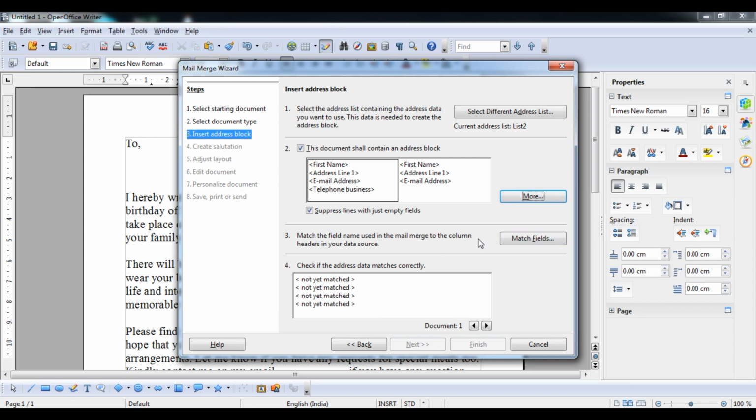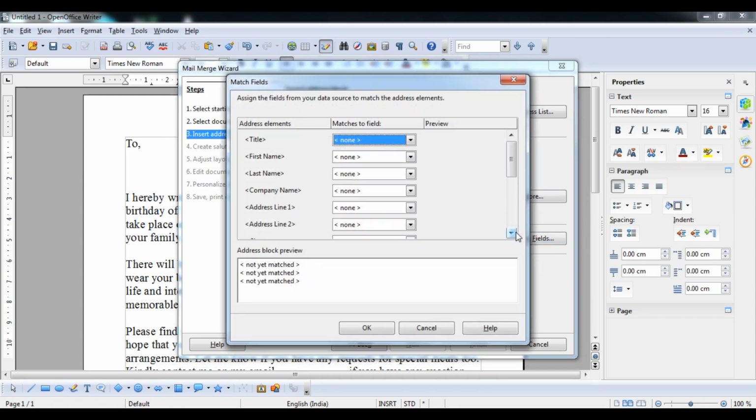So there is no such match. So what we have to do, student, in title, first name will be name, and address 1 will be address.